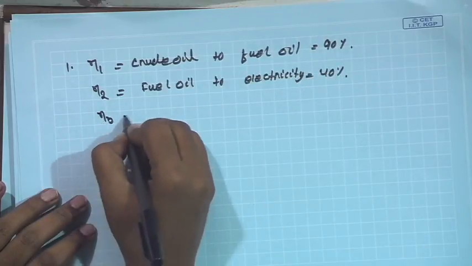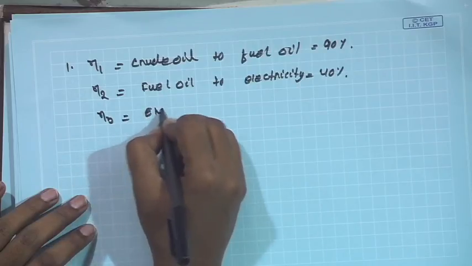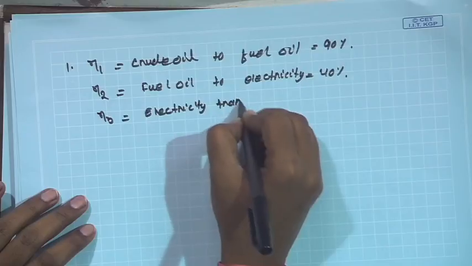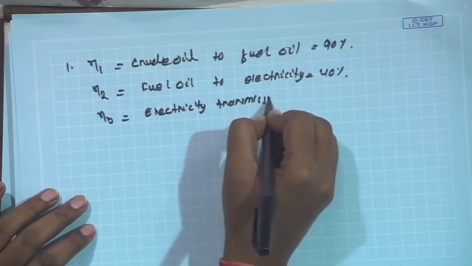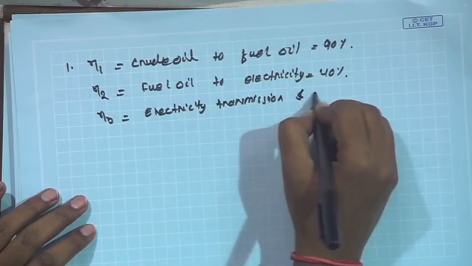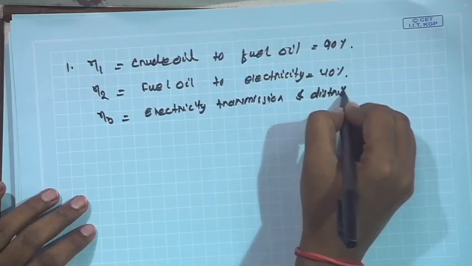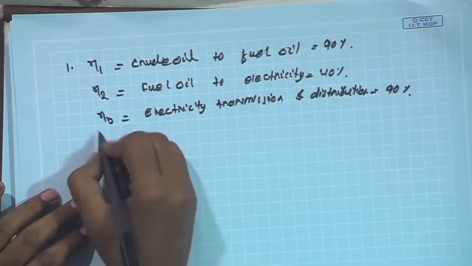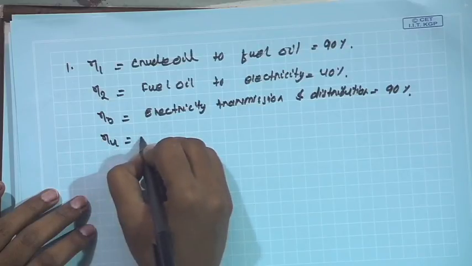Then the third one is electricity transmission and distribution, that is 90%. Then the fourth one is conversion of